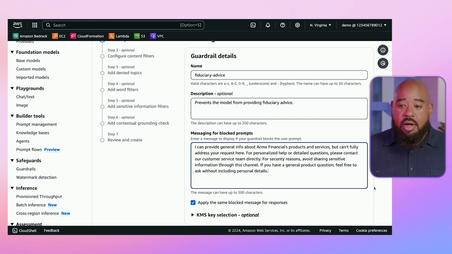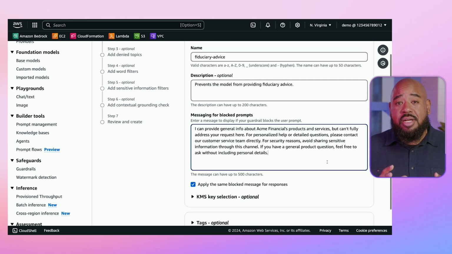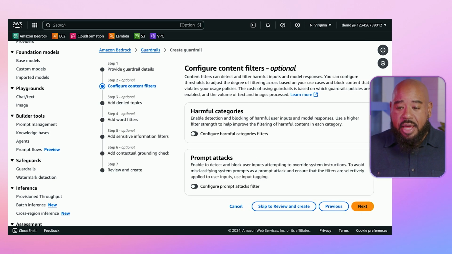It lets the customer know that it can't provide fiduciary advice here. Please contact customer service. It also will not share any sensitive information through this channel. So this is something we want to notify our customers anytime they try to use our foundation models outside its particular use case. So now that we've created that, we'll click next.